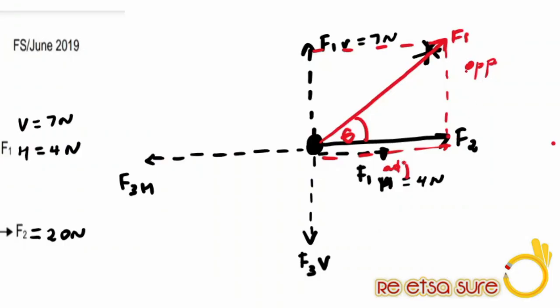This side is equivalent to 7 Newton, and the other one is equivalent to 4 Newton. This one is F2, 4 Newton. So now I have the opposite side, and I also have the adjacent side. This side, which is F1, is our hypotenuse. And obviously in this situation, if I want to determine the hypotenuse, I will employ the theorem of Pythagoras, which is